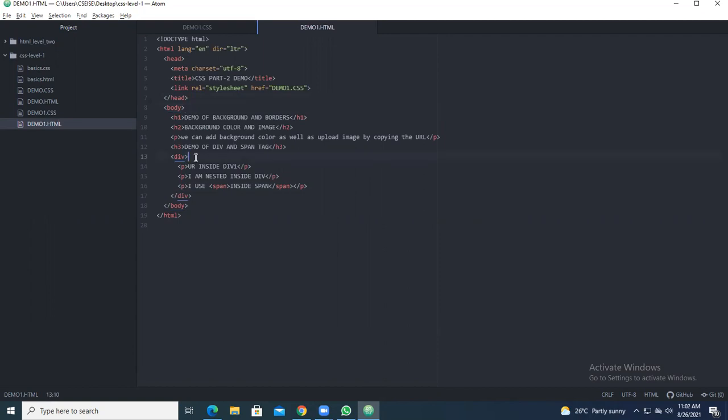Attribute means the value you get inside the tag. Suppose in place of div, you remove this, just type div and press enter. What is the name you are getting here? You are getting the attribute called class.